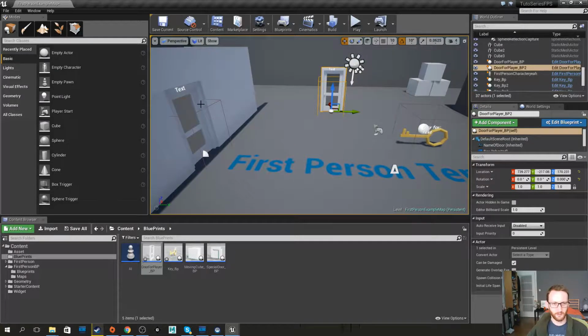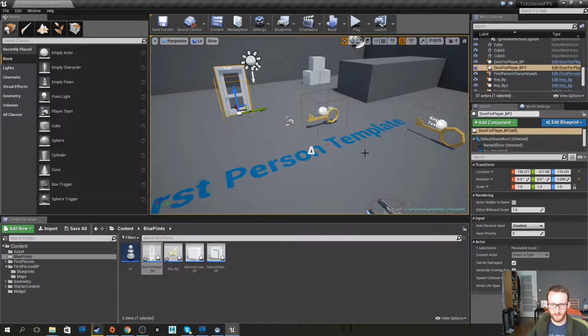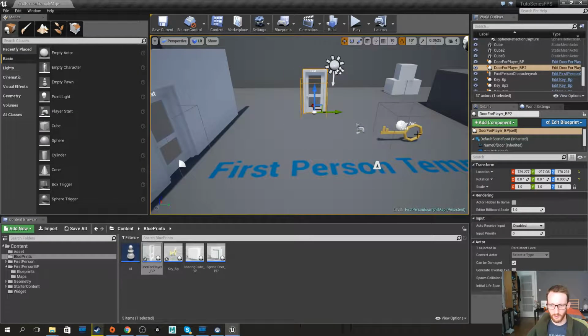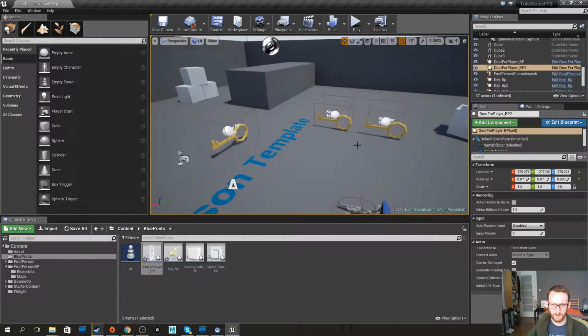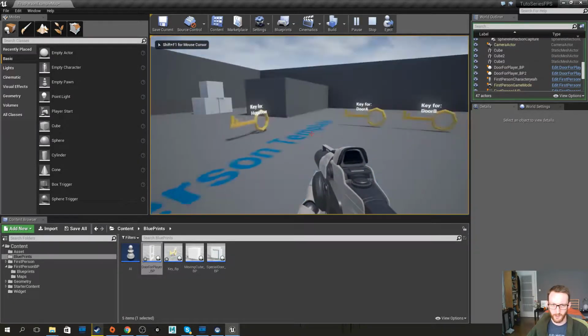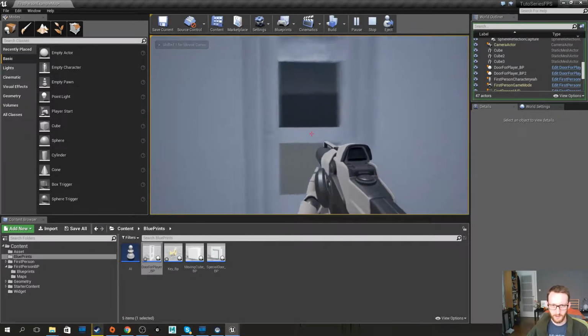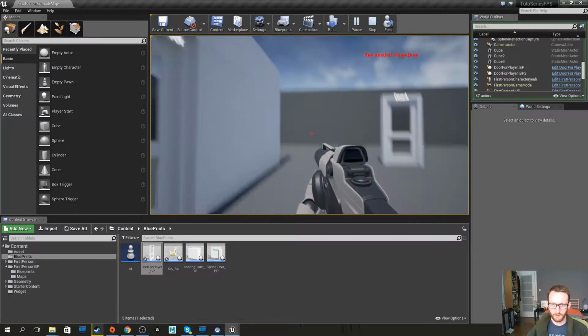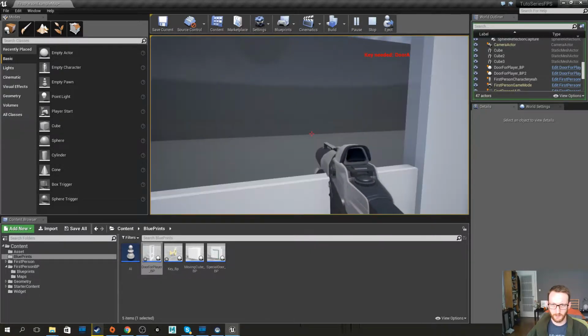Hi there, this is a tutorial about how to make multiple doors that are opened only by specific keys that are related to that door only, by using tags. And everything is automatic. I will show you the system. So you have different doors, different keys, and when you walk into a door, it shows a message saying which